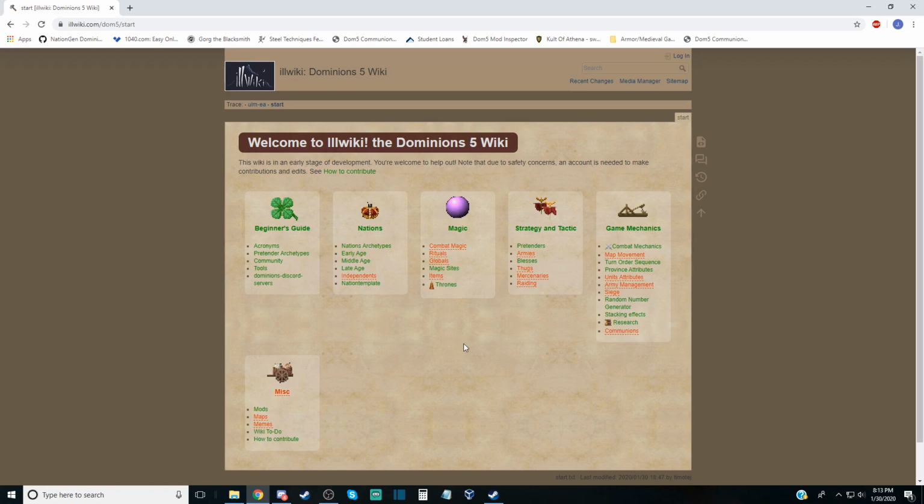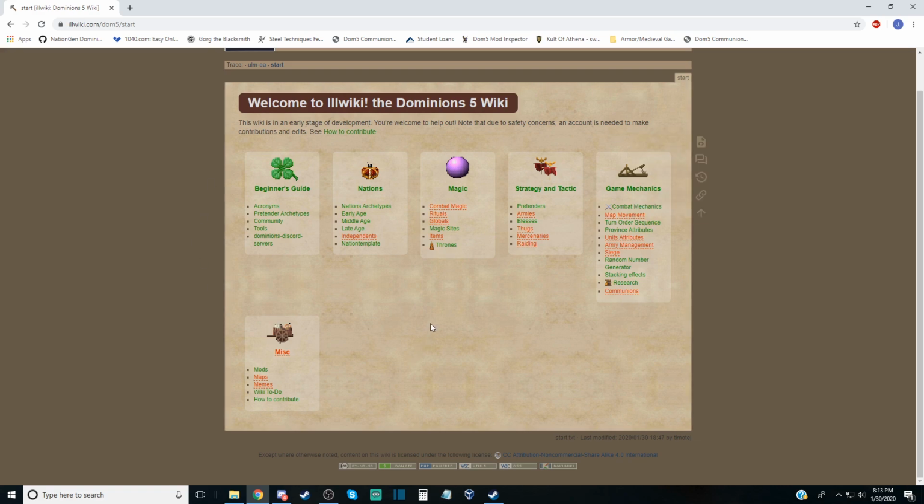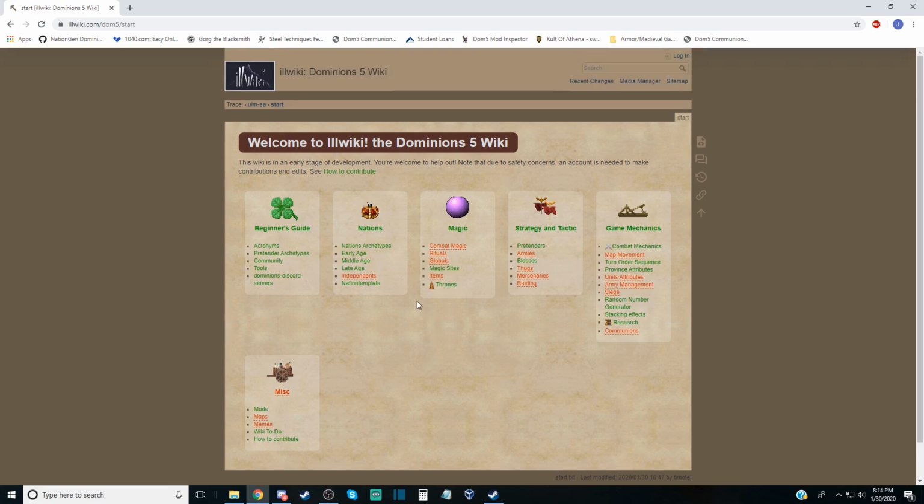Honestly, I'm not feeling great and I'm not playing many turns tonight or uploading videos really, but a wiki has recently been started. Alpha, a bunch of the other people over at the Dominions Discord have started Illwiki, the Dominions 5 wiki page. This is designed to be kind of, I'm not sure if it's a replacement or supplement to the Dominions 5 mod inspector, but the basic principle here is the wiki is going to include a lot of